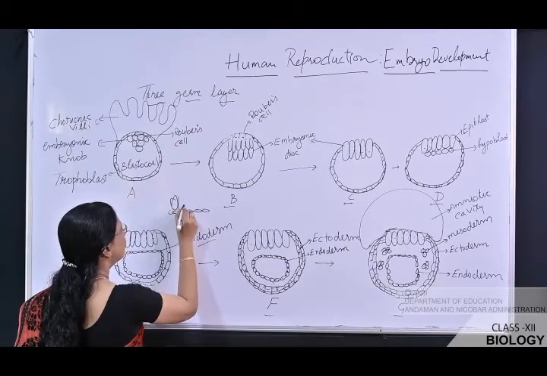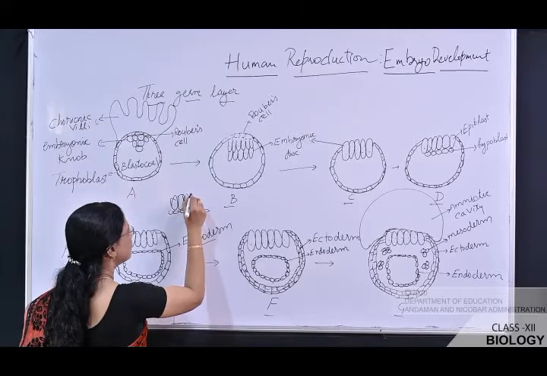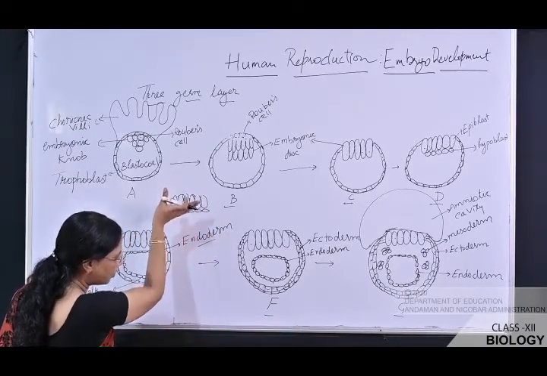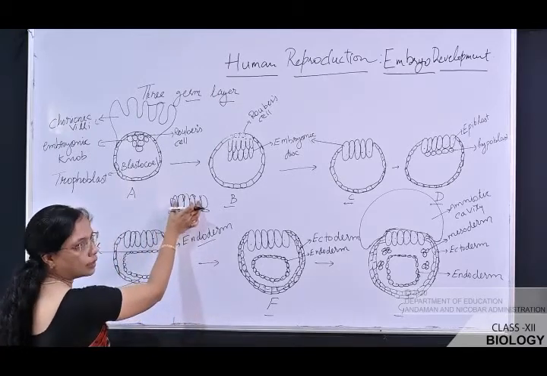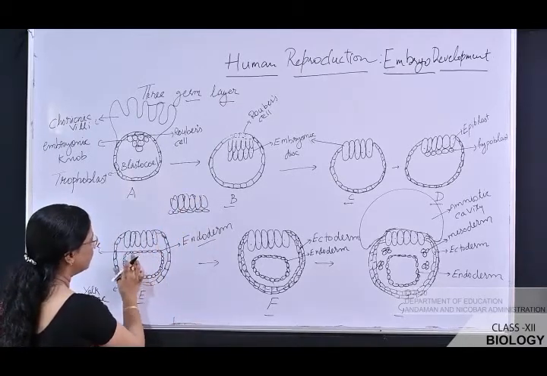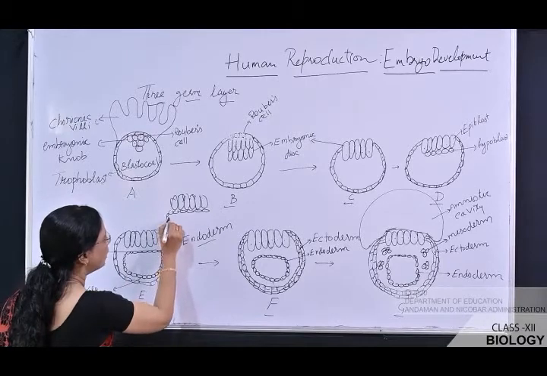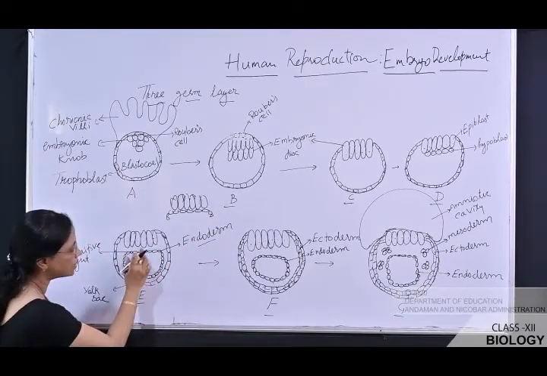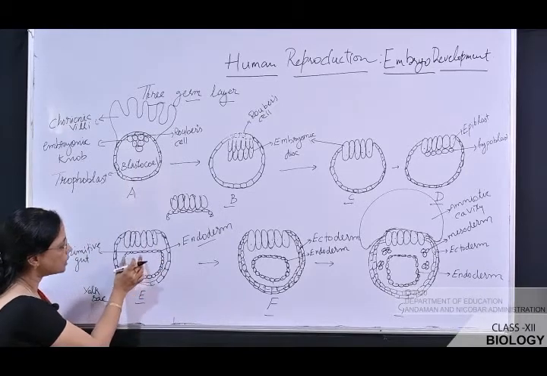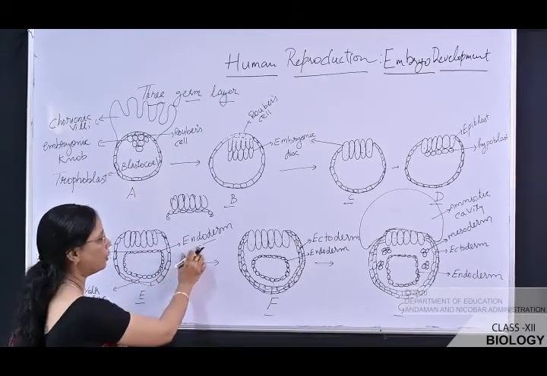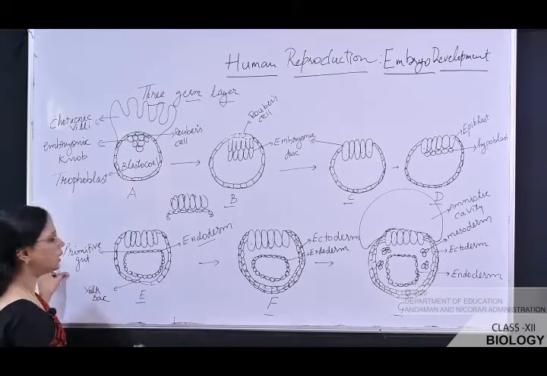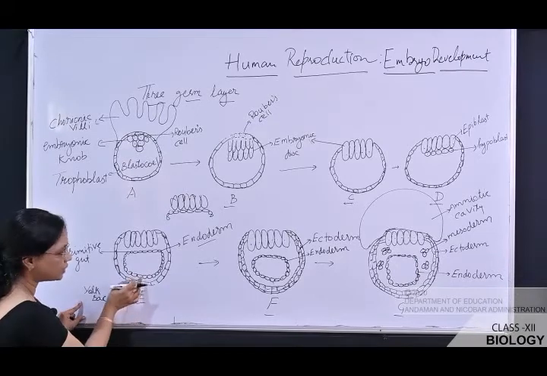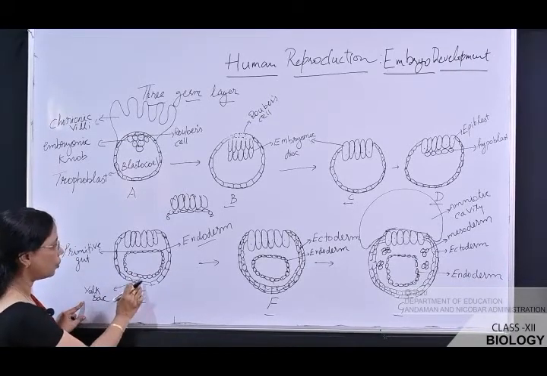This is the columnar cells. Okay, so this layer is formed. Actually this layer totally detaches from the epiblast. Then it started to divide from both the directions, so it divides and forms a circular cavity. So this is the endoderm. This is how endoderm is formed, which is said to be the primitive gut. This region is said to be the primitive gut. This region which is near the trophoblast is known as the yolk sac.